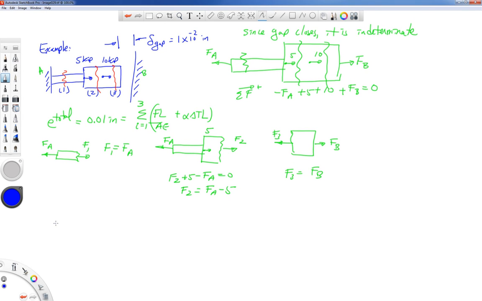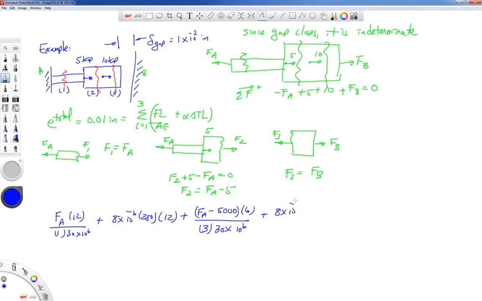Now the forces are in terms of kips, so I'm going to write down F1 L1 over A1 E1 plus alpha delta T L1, plus F2, let me put this in pounds, that would be 5,000, L2 over A2 E2, which is 30 times 10 to the 6 psi, plus alpha delta T L, remember that segment's only 6 inches long, plus, for section number 3,